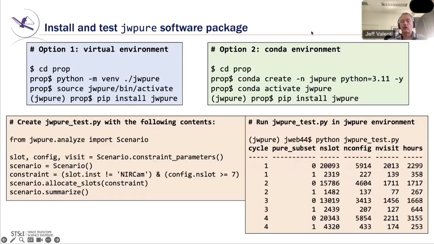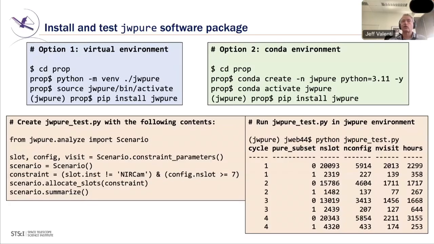The -n means the name of the environment is going to be JWPure, and the -y means answer yes to any questions that are asked. And then you activate that environment, the analog of what's on the other side, and then you pip install JWPure just as you did before. So they're very analogous, and of course the point of using a virtual environment, an environment of some sort, is